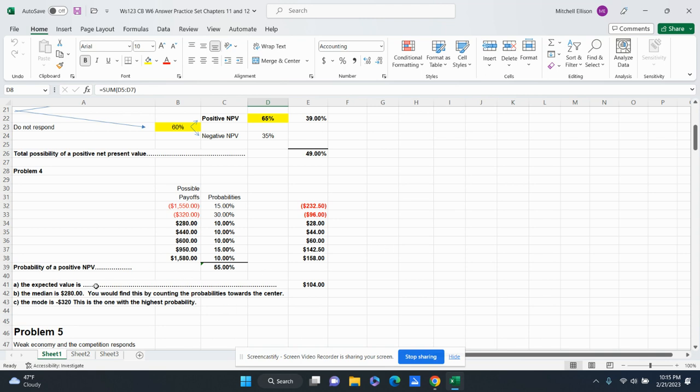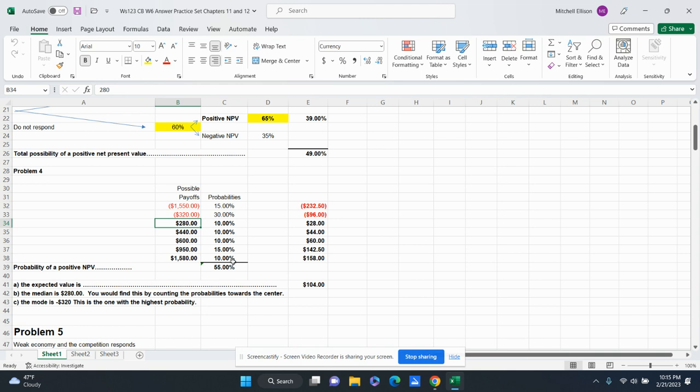Okay, the median, again, I put this on there because a lot of times when you have the median, you were taught to count to the center. That works if you have equal probabilities. Where you do not have equal probabilities, you've got to use the probabilities to count to the center. 15 plus 30 gives you 45, plus 10 puts you at 55. That's where you cross 50% here. So your median value is